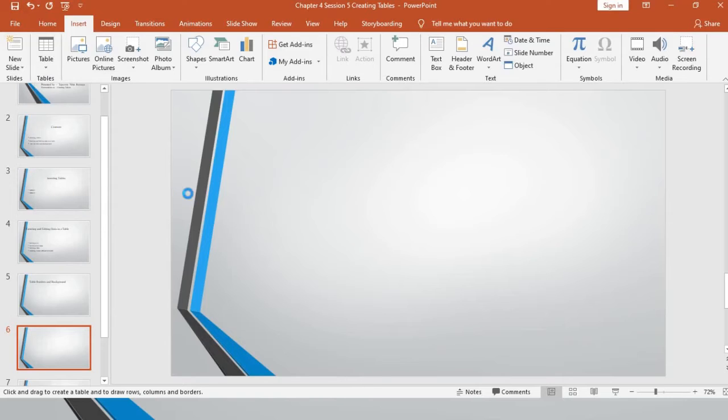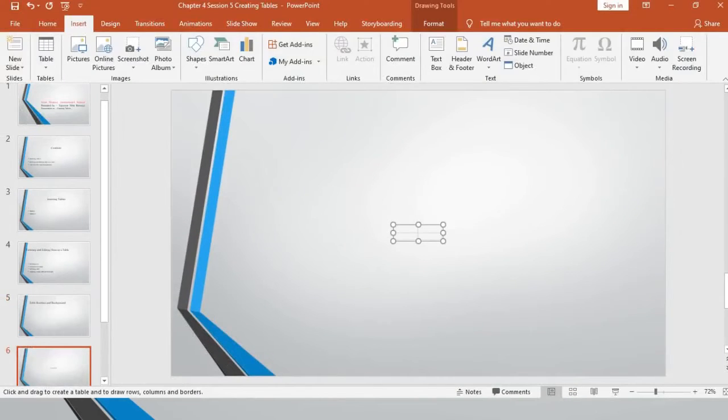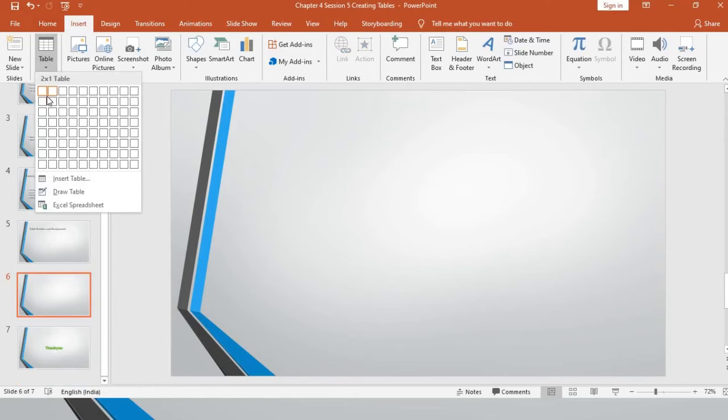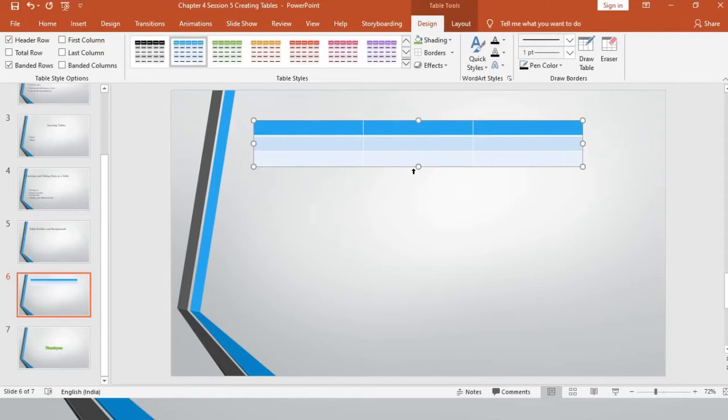Okay, when you click on Excel spreadsheet, as I told you in class, the Excel sheet will get opened in your PowerPoint. So in a small size it got opened over here. So this is the Excel sheet available. Okay, so I will just do Control Z over here, and in a normal way we will draw a table by using a grid. Just go to the table group, select a grid form, however many columns and rows you want. I have selected that. I wanted this many rows and columns, so I have selected that.